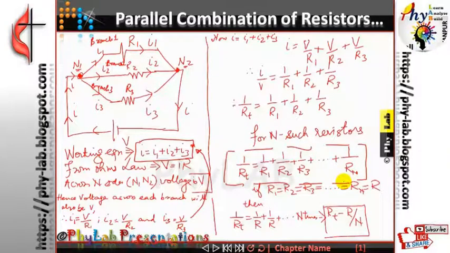So here you can see whenever the resistors are connected in parallel, the net resistance of the circuit always decreases, friends. So you should understand that in series the net resistance increases, whereas in parallel the net resistance decreases. It is just opposite to what we learned with the capacitor.